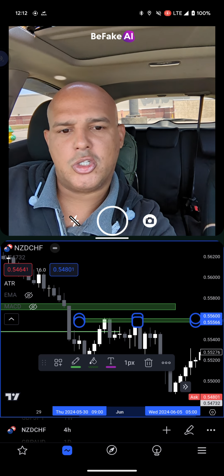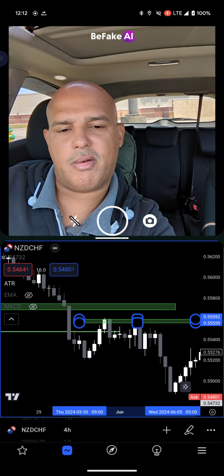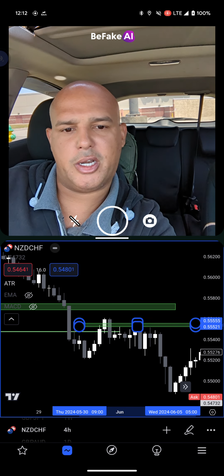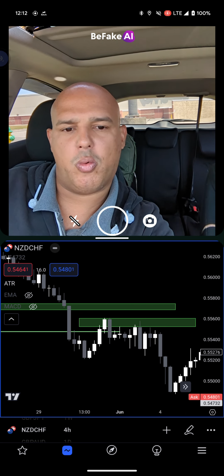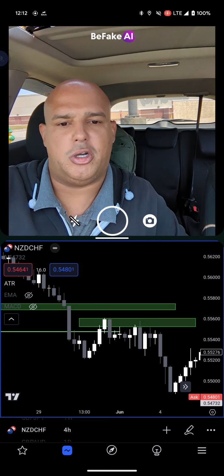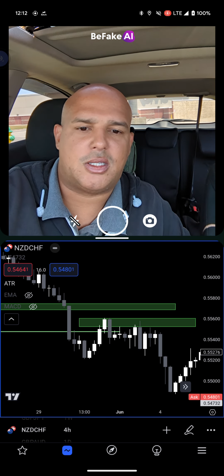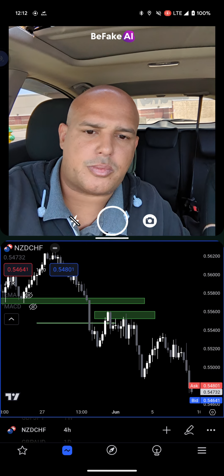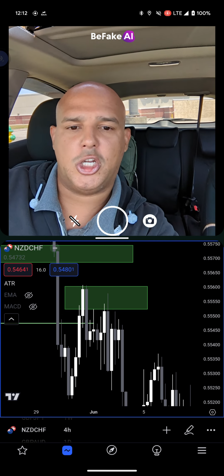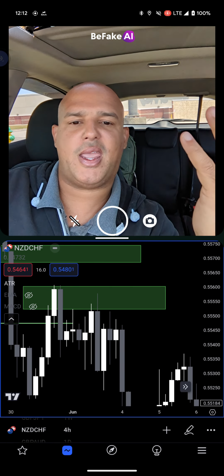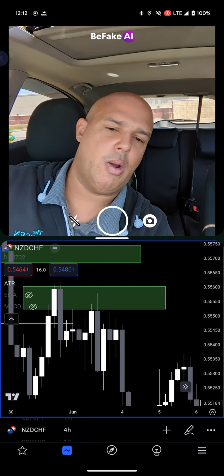Okay. So in this area right here, price came up and decided to reject off. Now, I don't know what I would have had. I would have had to wait to see how price actually started to form. Once I got this bearish candle, could I have taken a trade? Now, I wouldn't have taken a trade just because of how far that candle pushed away from that zone to begin with. I wouldn't have been able to set up a trade.